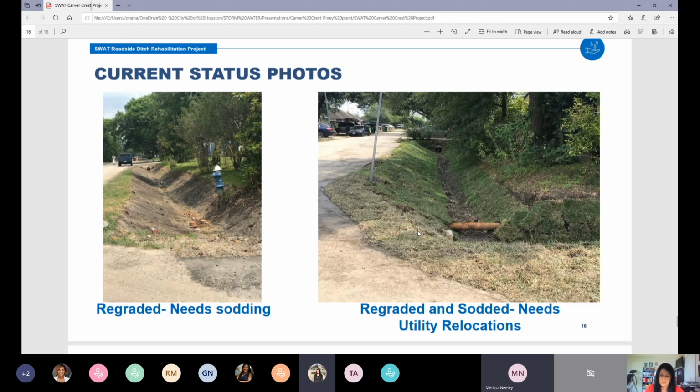So typically every lot is allowed one driveway. So when we come do a project, no matter what kind of driveway you had, whether it was asphalt, brick, or concrete, we come back and we replace it with a standard City of Houston driveway. So the empty lots, although they were empty lots, the property owner gave us information on